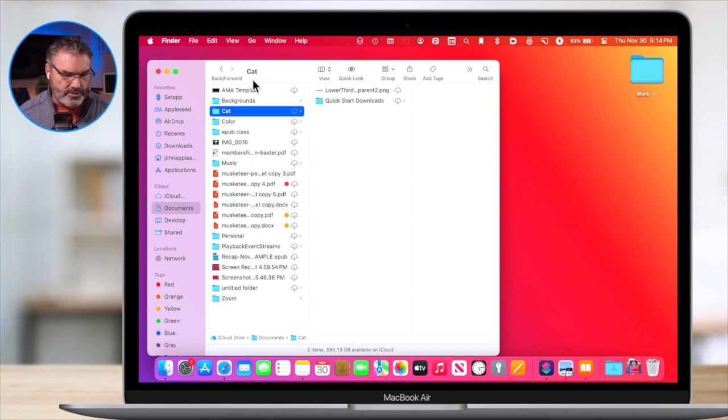But basically what you want to do to manage your space is, I would say just go over to system settings under general and then go to storage. And then you'll be able to just kind of go through and step through what is taking up all of your space to minimize that.